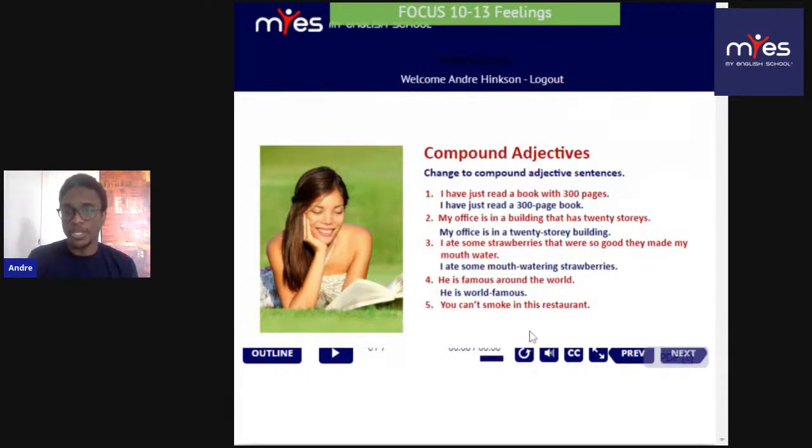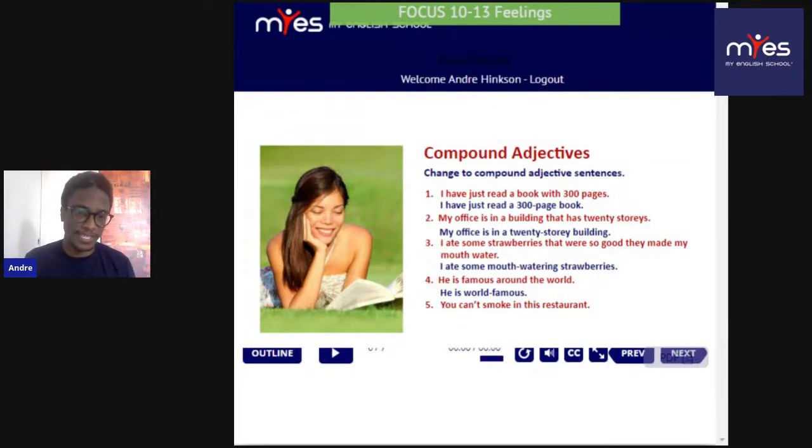You can't smoke in this restaurant. So what would be the compound adjective we would use here? So the noun being described would be restaurant. Restaurant is the noun. So how would we describe restaurant with a compound adjective? So let's look at it. You can't smoke in this restaurant. Now, some of you might have heard this particular compound adjective in many different places. Maybe you would have traveled, maybe even here in Italy. But in English, we tend to use this specific compound adjective for public spaces. So if you guessed correctly,